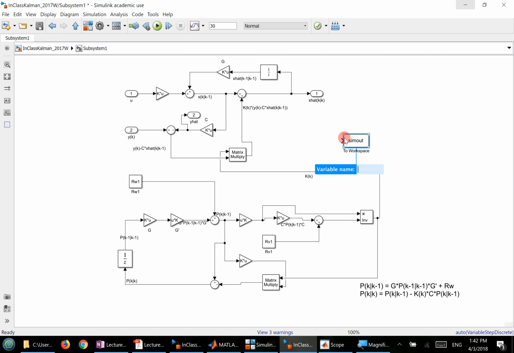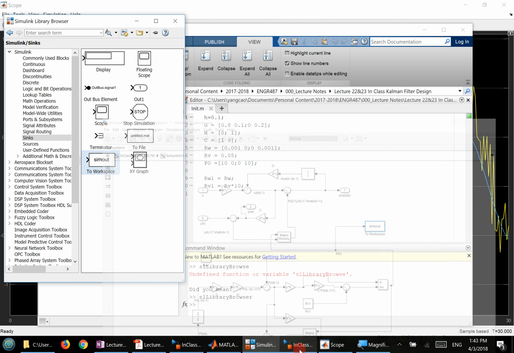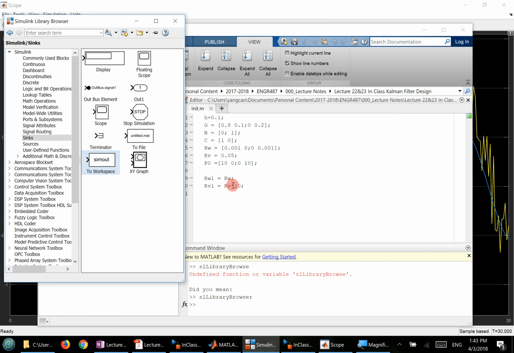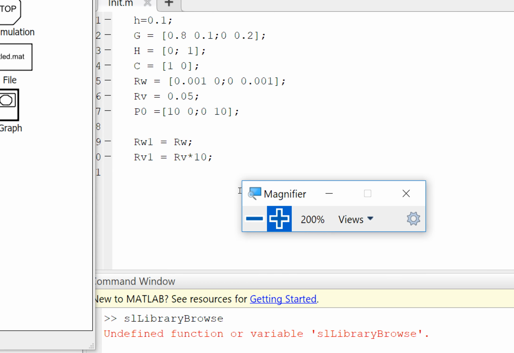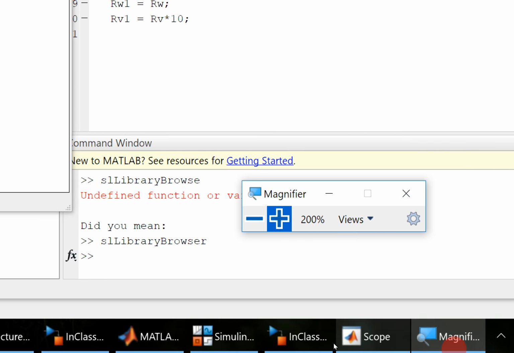You can output the common filter value to the workspace. You can look at what the actual common filter gain is at the workspace, or even just put it on a scope. Given this RW/RV ratio here, as we discussed in the previous lecture, the common filter gain should be quite small, because it's not trying to amplify the sensor, because it's too much noise, right? So in this case, when you look at the scope,